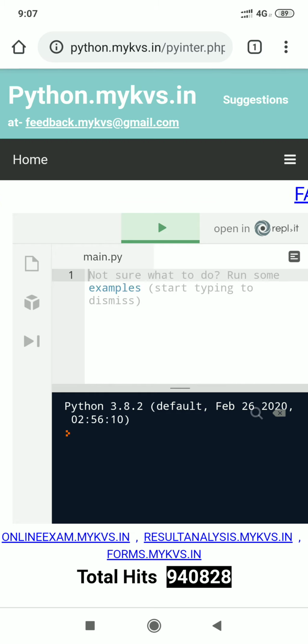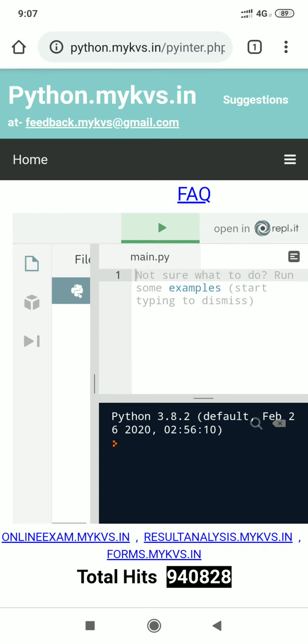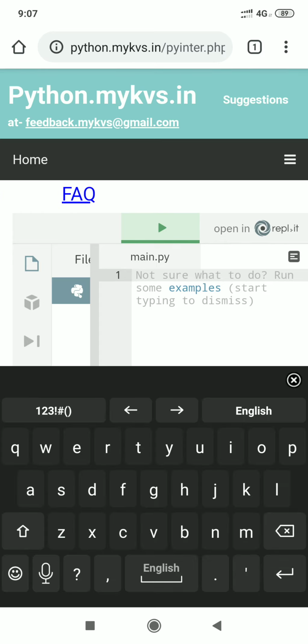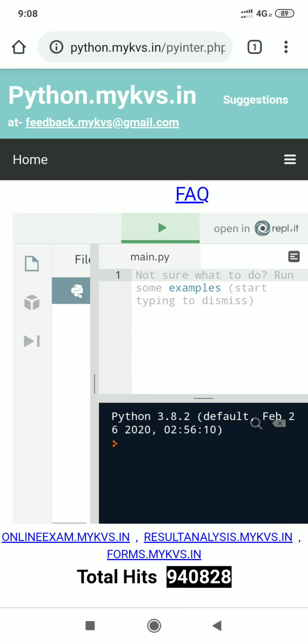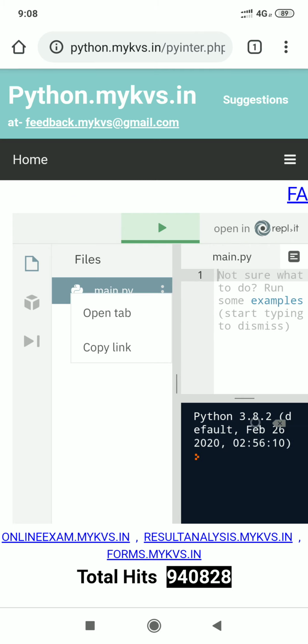As you press over here, we will see nothing can be done here, only open tab and copy link options are there.